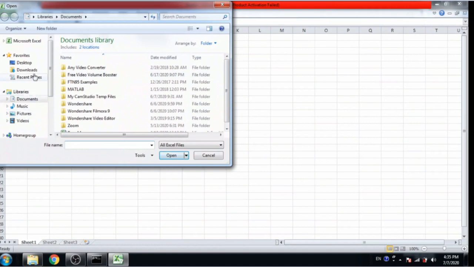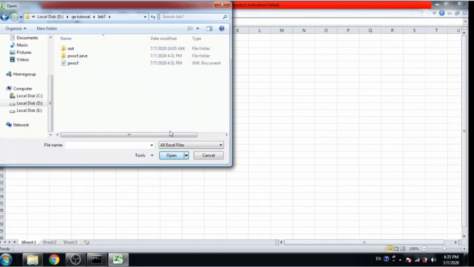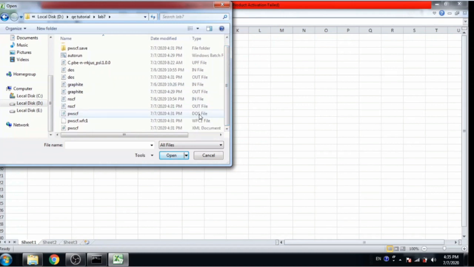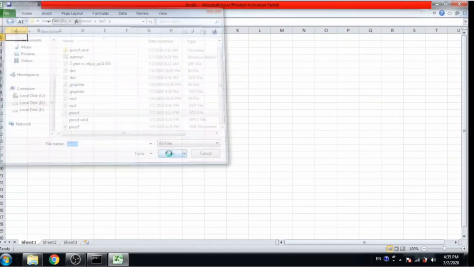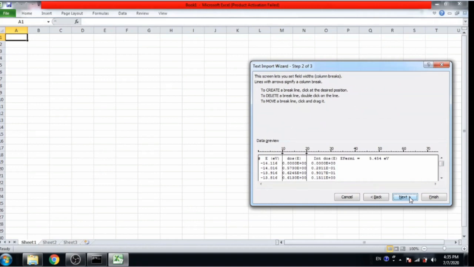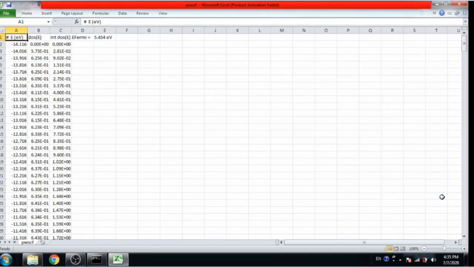Now open Excel and open this DOS file. Then open the pwscf DOS file, choose fixed width, next and finish. So we have 3 columns.